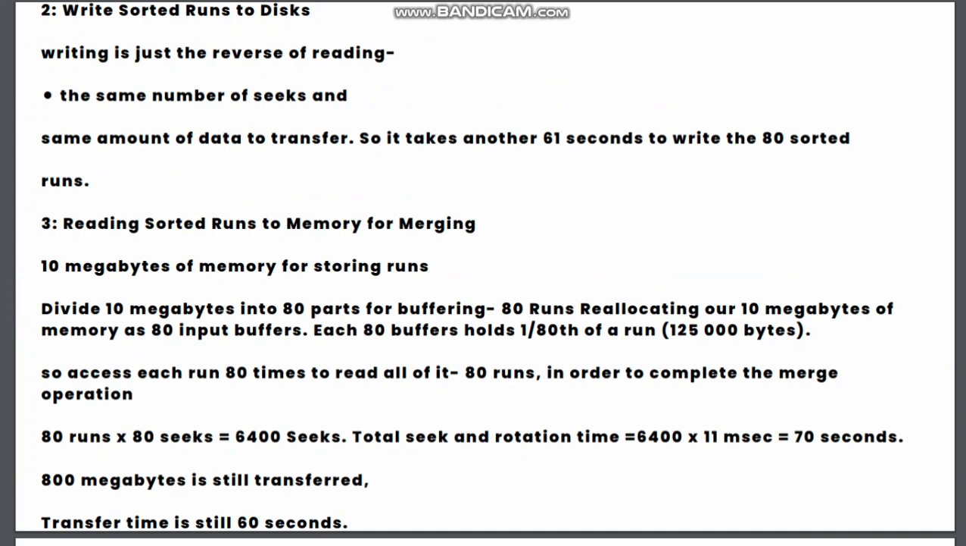So we access each run 80 times to read all of it, for all 80 runs, in order to complete the merge operation, where 80 runs times 80 equals 6400 seeks. Total seek and rotation time is 6400 times 11 milliseconds, which gives 70 seconds. 800 megabytes is still transferred. Transfer time is